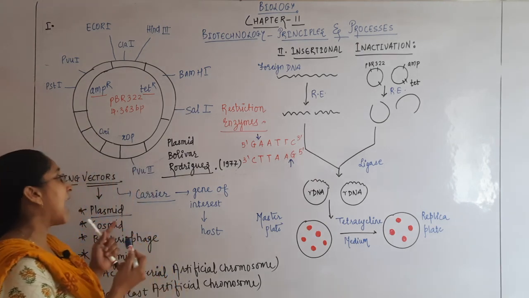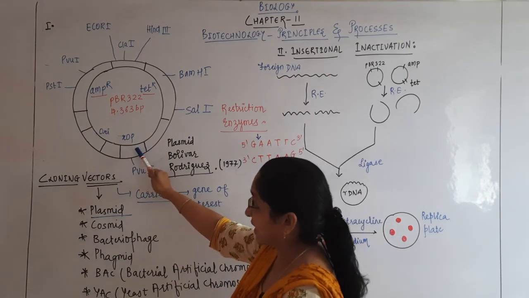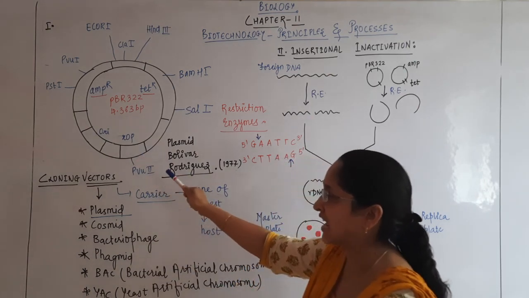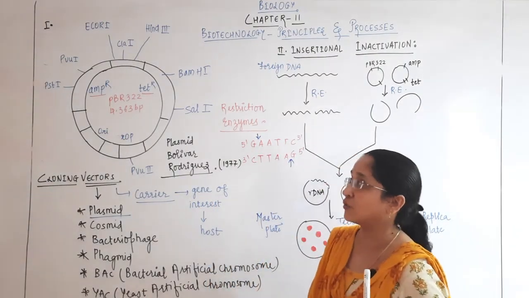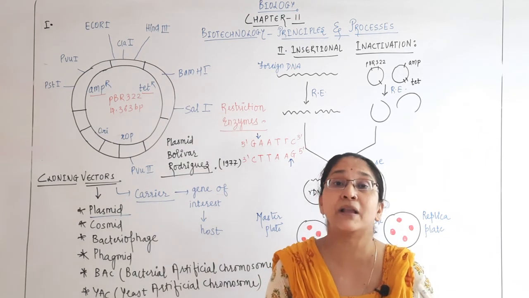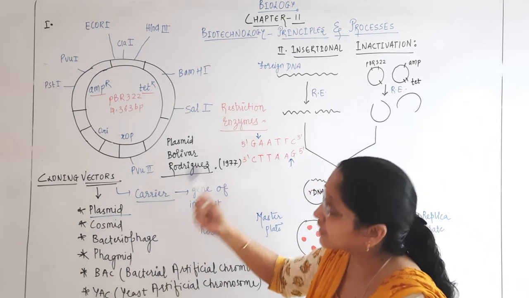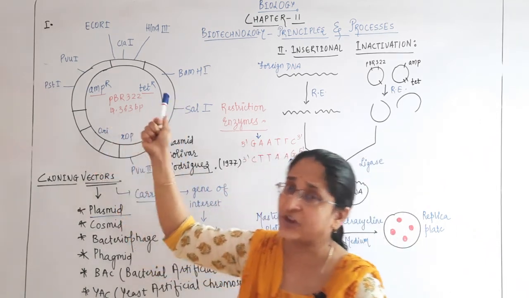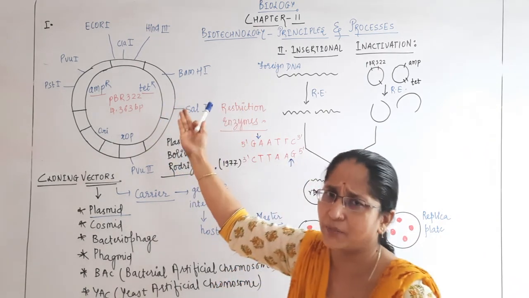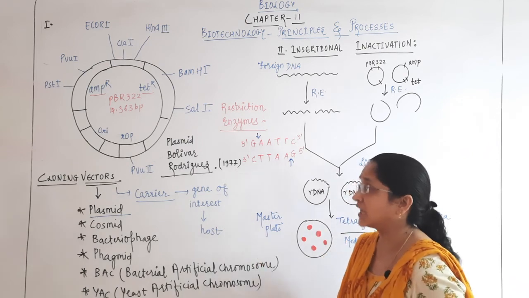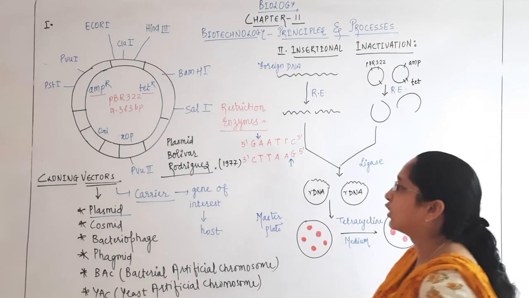When I talk about the characteristics of a cloning vector, as discussed, they should have the specific proteins required for replication, referred to as ROP. They should have the origin of replication, referred to as ORI. They should have selectable marker genes like ampicillin resistance or tetracycline resistance. They should have restriction sites of various restriction enzymes like PstI to EcoR1, in a number which can be seen over here. This is an artificially constructed plasmid that was constructed in the year 1977 by Bolivar and Rodriguez.